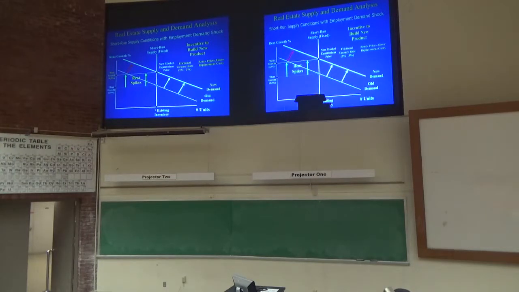Is that because there's more demand? Because there's more demand. More demand pushes up the rents, which pushes up the net operating income, which pushes up the value of the properties. At some point, the rents are going to get so high, and the net operating income is going to get so high, and divided by the cap rate, the values are going to get so high that they're going to become significantly higher than the cost of construction.